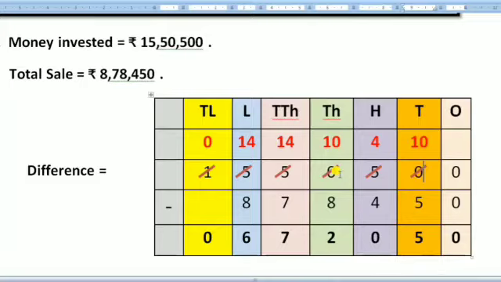Let us come to the thousands column. In the thousands column we have to subtract 8 from 0. Again from 0 we can't subtract 8. So 0 will go to the 10,000 column and ask 5 to lend 1. When 5 lends 1 to 0, it becomes 10 and 5 becomes 4. So write 4 here. From 10 subtract 8, it will be 2. So write the difference as 2.